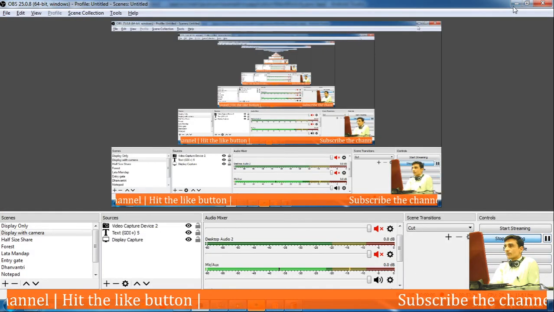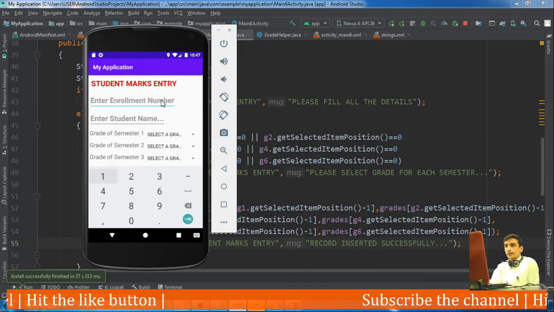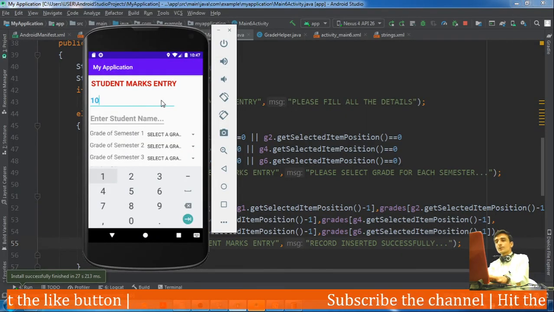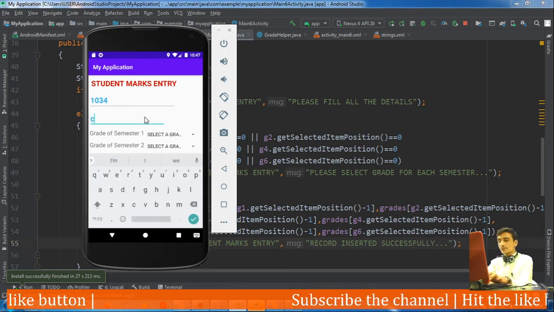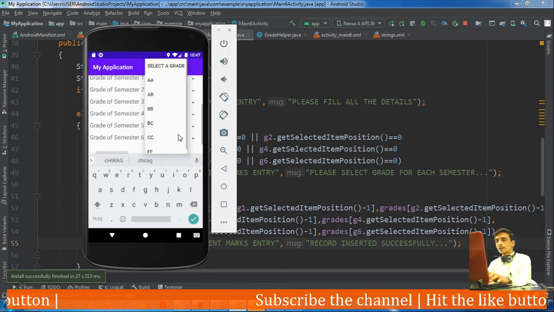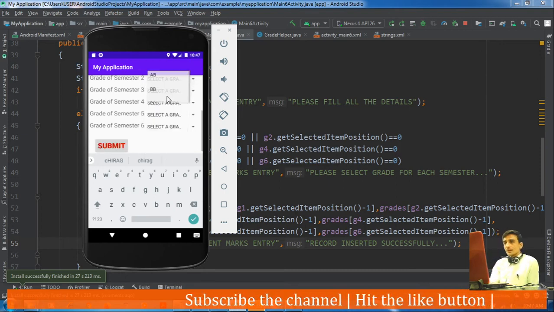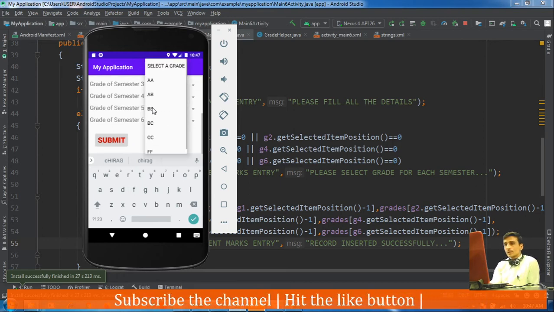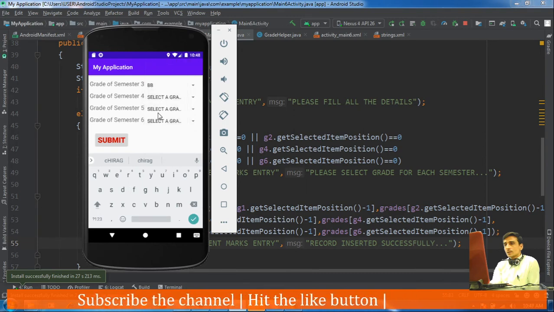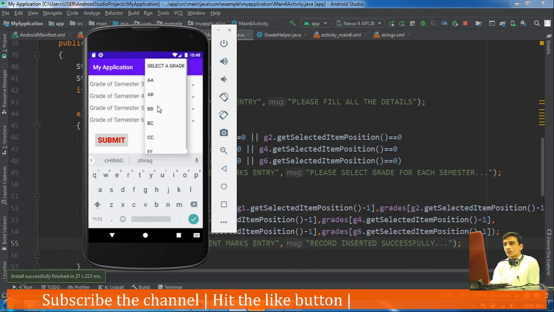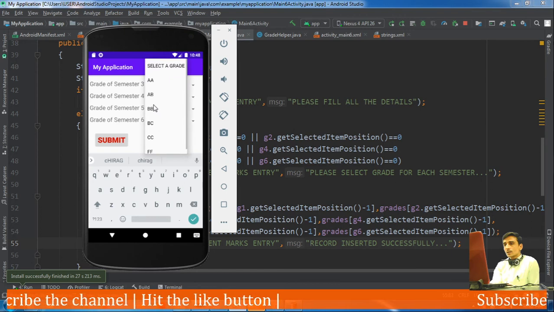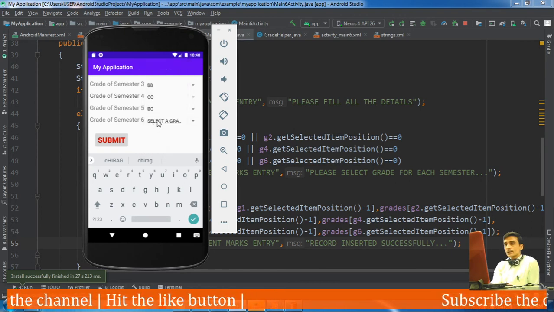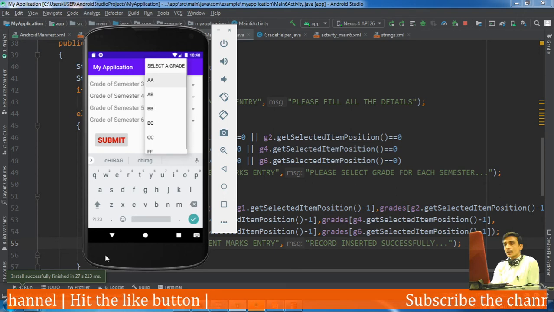So the output is in front of us, and let us again enter a record. Suppose 1034, name of the student is Chirag. Let us select grade AA for SEM 1, AB, then for SEM 3, BB, then for SEM 4, CC, SEM 5, BC, and SEM 6, AA.